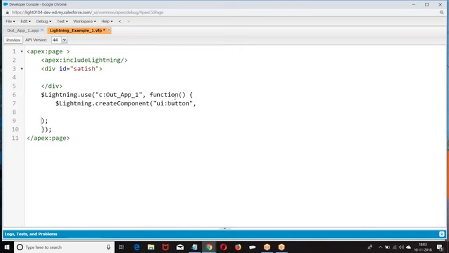First parameter is the name, and the second parameter is what parameters you want to pass. What is the parameter you want to pass? Label, submit.